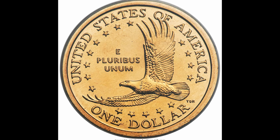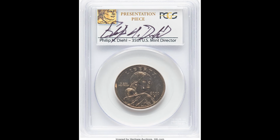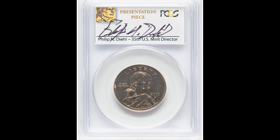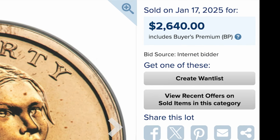They are a specimen coin, which is why it has the SP. The metal composition is 77% copper, 12% zinc, 7% manganese, and 4% nickel. The coins weigh in at 8.1 grams. This one sold for